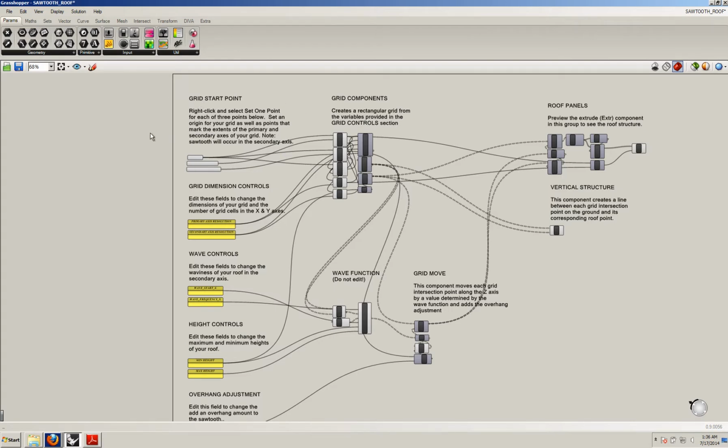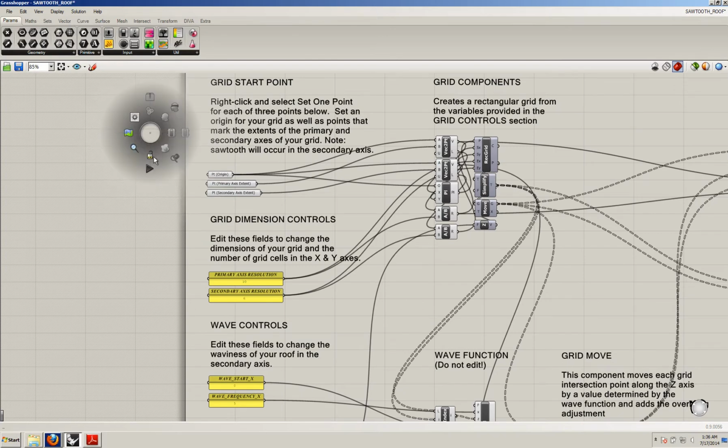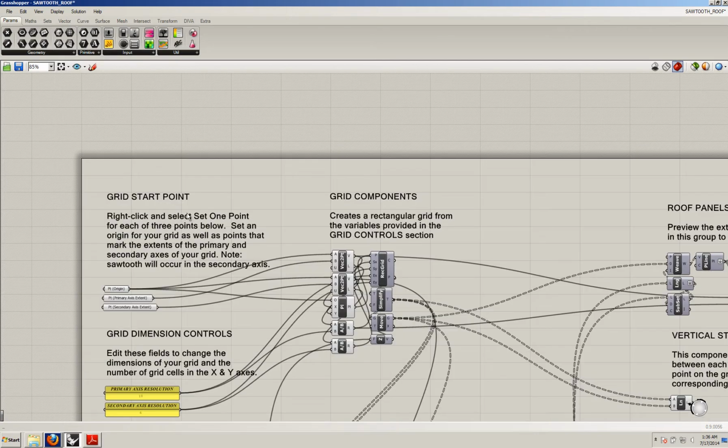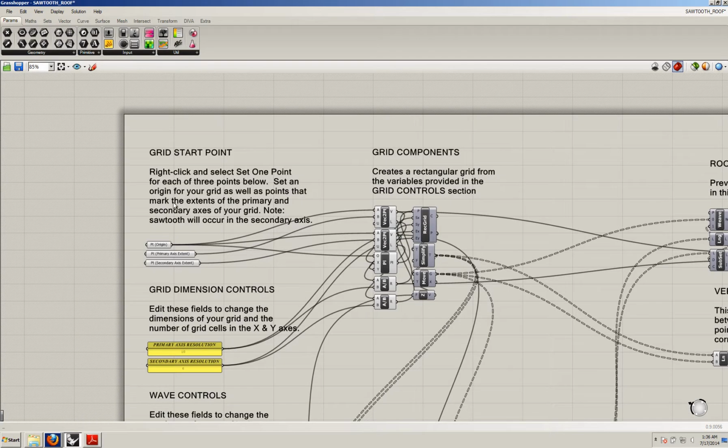So let's look at what it's asking for, and then we'll move into the Rhino file. So it's asking you to set a grid in your Rhino file, or I'm sorry, in your project